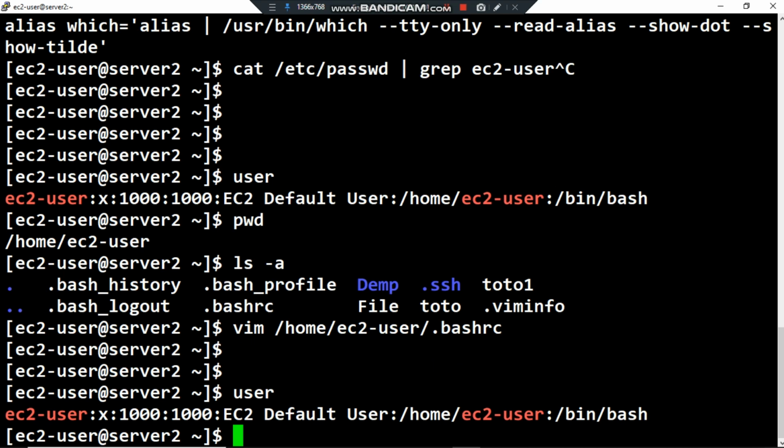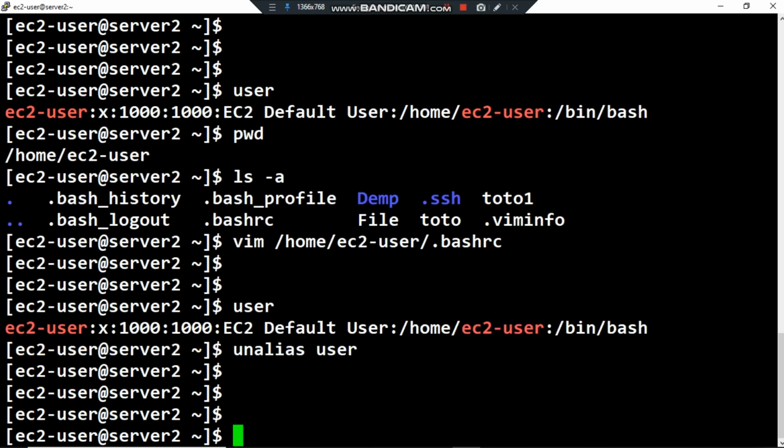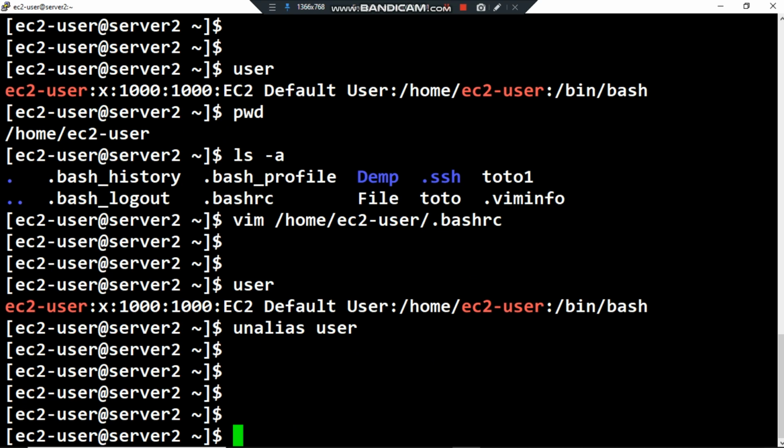We have to type the command unalias, and then the alias name. So the alias name is user, like this. And now I have removed the alias added for my user. Just to test, I will type user like this